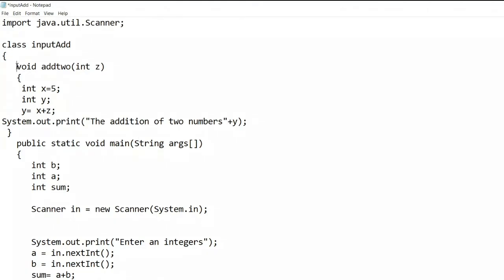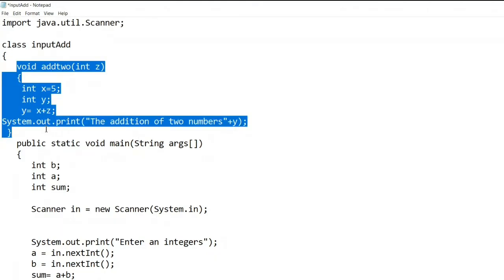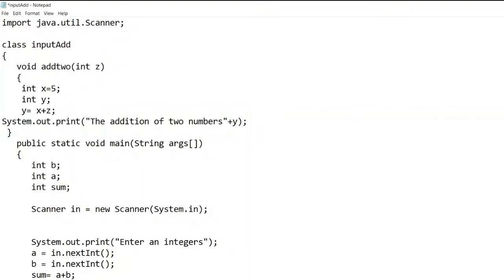So here I have just defined the method. I have not executed this. In order to execute this method, I want to call it. How to call it? You already know how to call it. What is the method I have taken here? add2 within brackets, I will pass the int b value. Simply the b value.